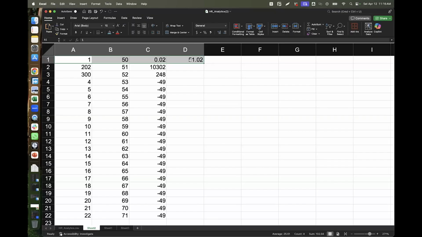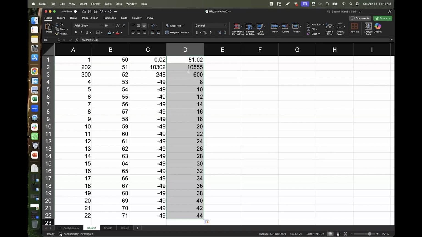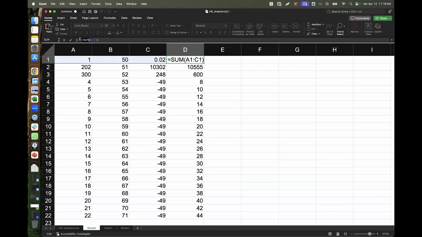And you notice it gave me the same thing. However, it wrote it in a different way by writing a formula for me. So you notice that it wrote something called is equals to sum, right? So if I drag it down, it will still give me answers to things that I need to know, right? However, the thing I want to call your attention to here is the sum is equals to sum. So these are ways that we write formulas, right?